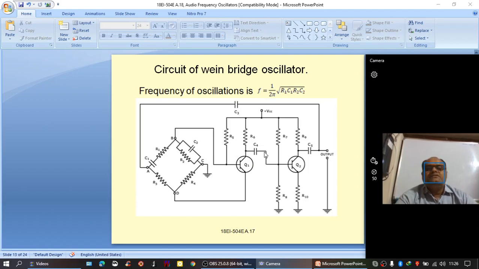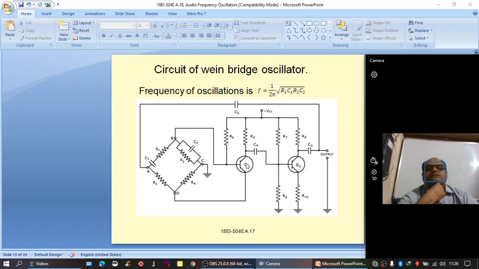Once the capacitors charge fully in the opposite direction, once again the transistor Q1 gets turned on and Q2 is turned on, and the capacitors once again start charging in the forward direction. So that is how. And one more point we have to observe here is two transistor amplifiers used, each